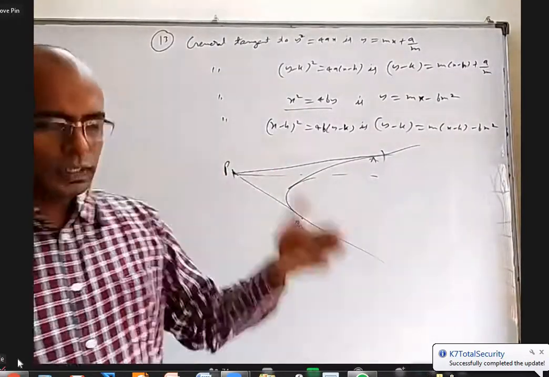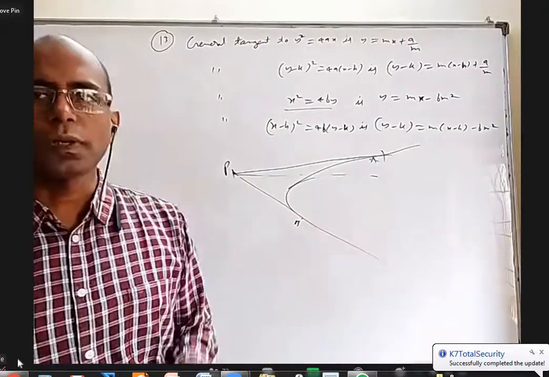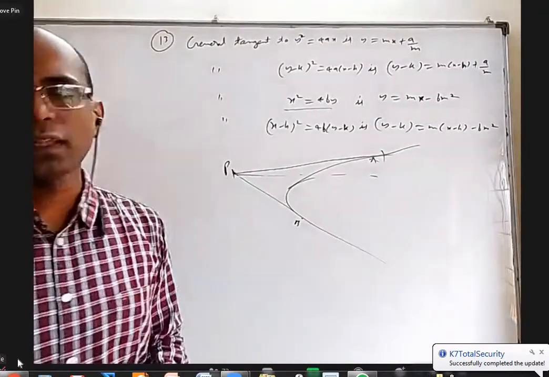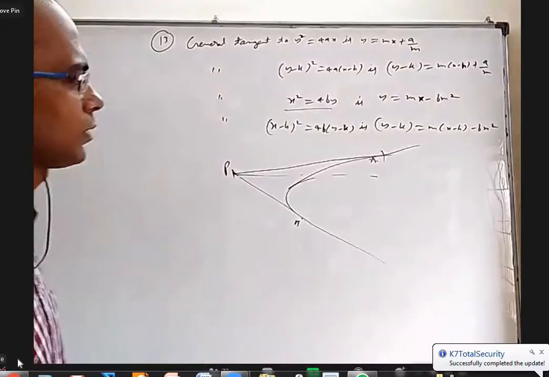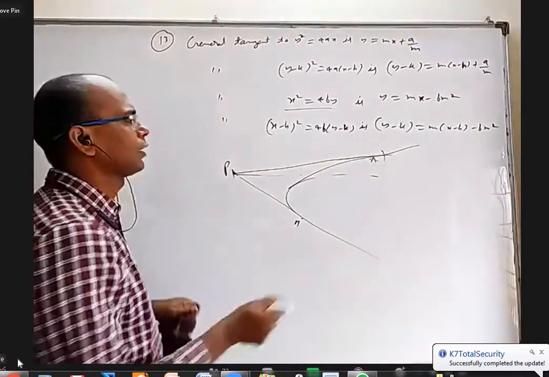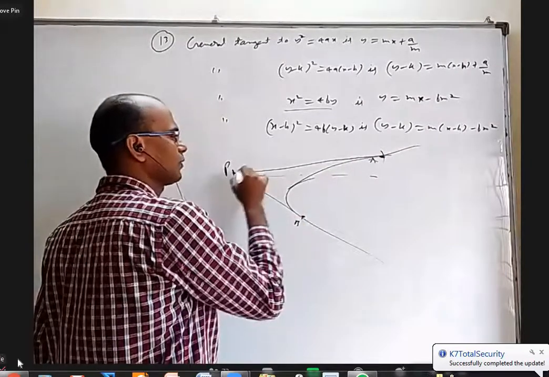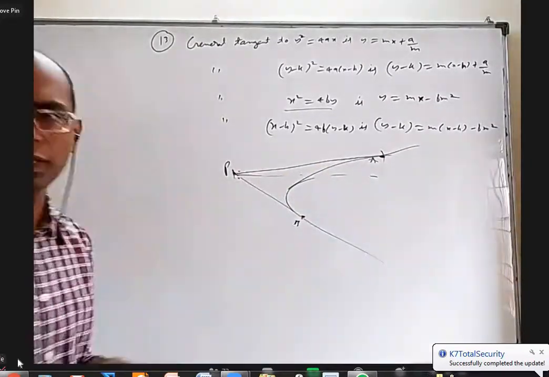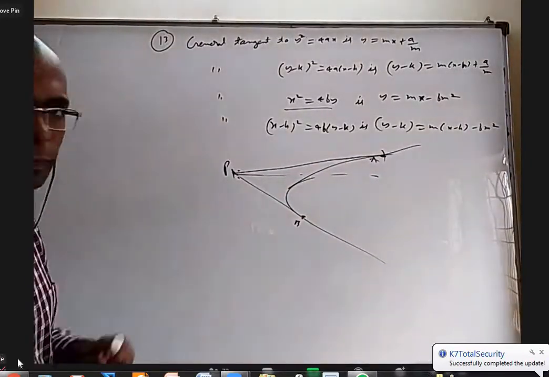So, there are some formulas in circles which are not applicable here. One of them is this. The length of tangent formula is not there in the parabola chapter. If they give this point, how will you find the length of the tangent? You really have to find this point, find this point, find this distance, find this distance. That's all. There is no general formula as such.